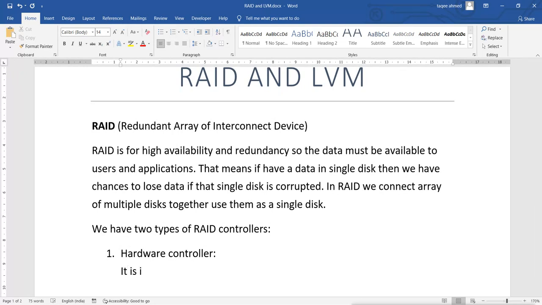It is inbuilt in the servers, in most server machines' motherboard, or we can say main board.